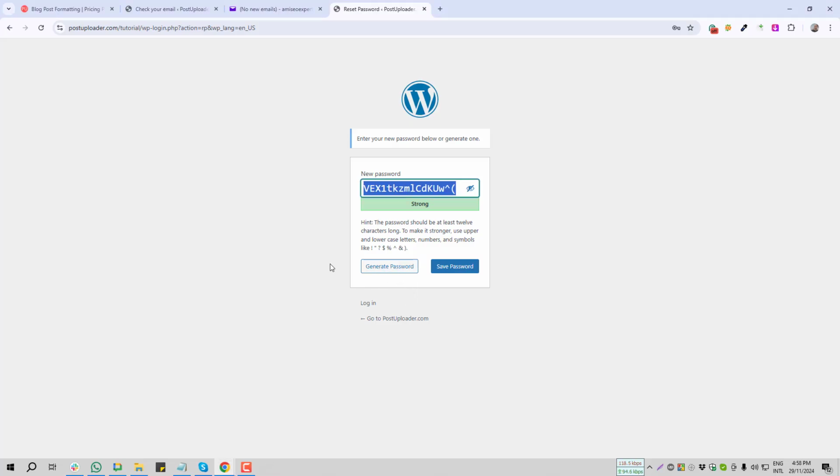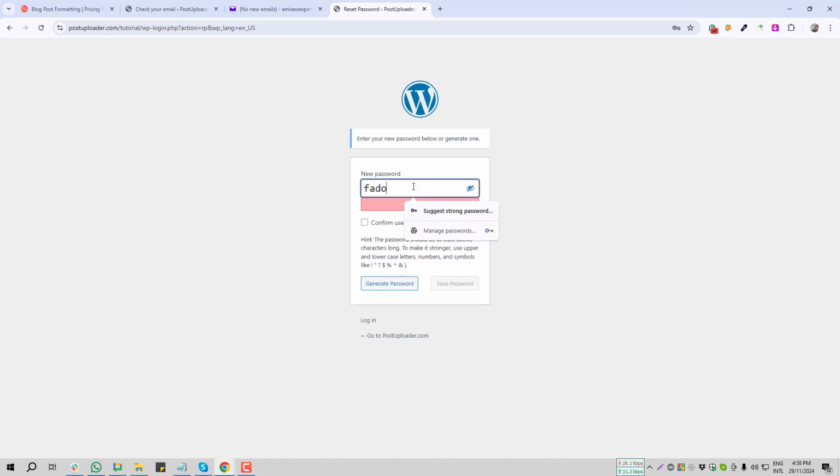So if I click here, Generate Password, you see it's changing. If I click again, it's changing again. So as many times as you click, it will change. It will give you a new password. And if you wish, you can add a few other extra characters with this password, or if you wish, you can add a completely new password. But if you add a new password, you must try to give a password 12 to 16